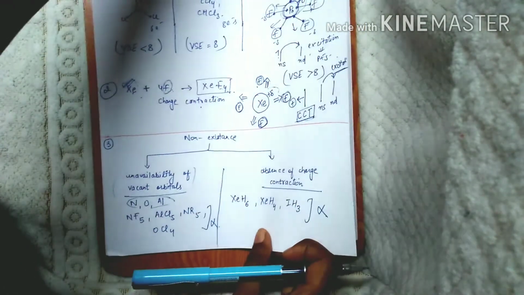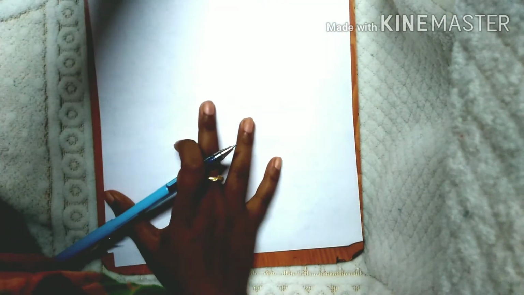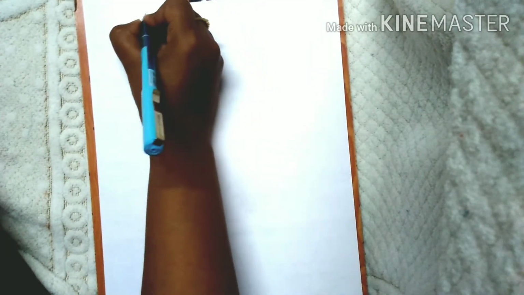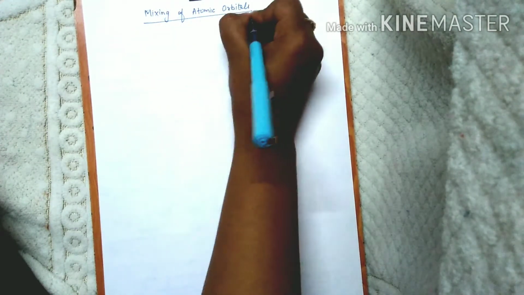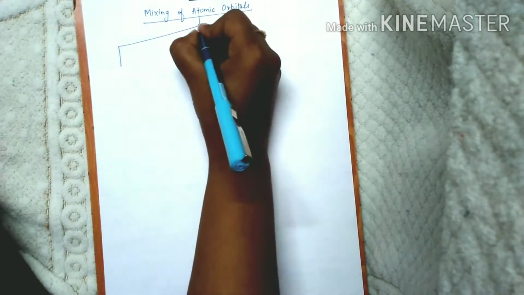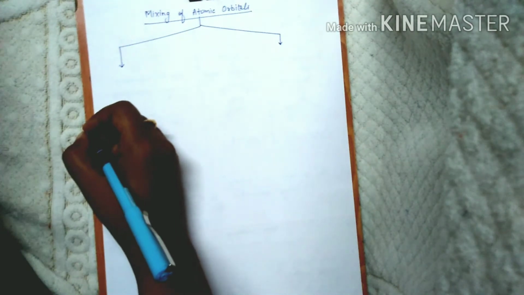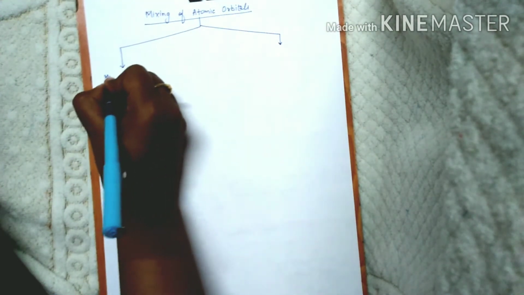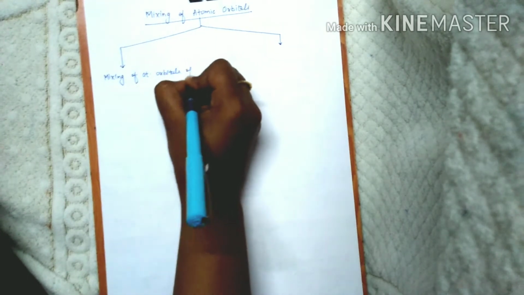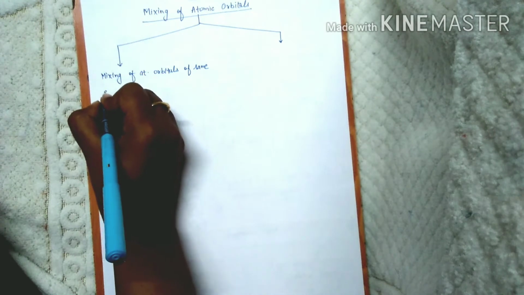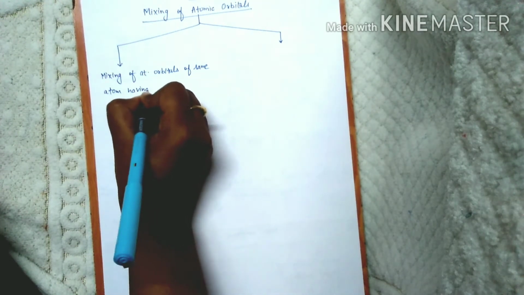Okay, so now we'll be having some idea about the mixing of our atomic orbitals. Mixing can also be of two types. Mixing of atomic orbitals of the same atom having different energies,